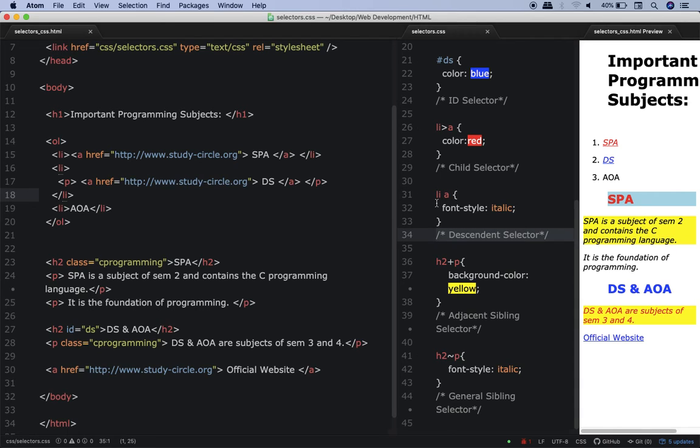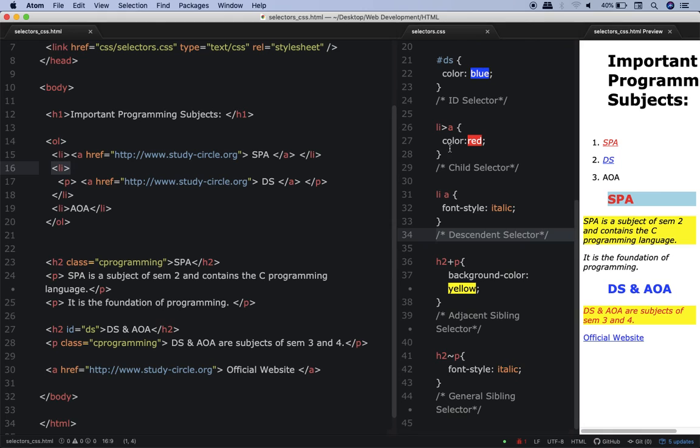So who all are the descendants over here? One descendant is this. I hope you remember that this is the descendant of this particular li. That is why the font style over here is italic. See, that's why this DS is in italic. As I told you, there are infinite CSS properties.